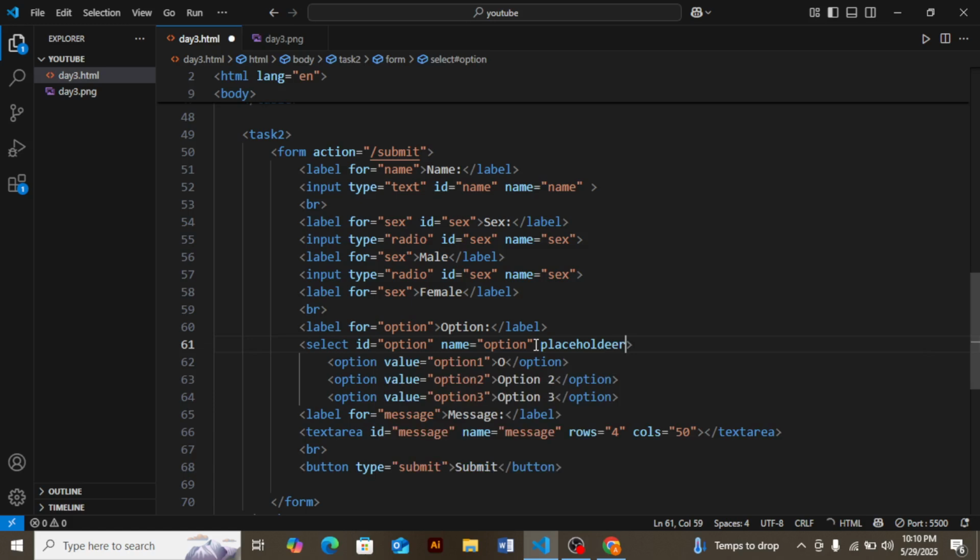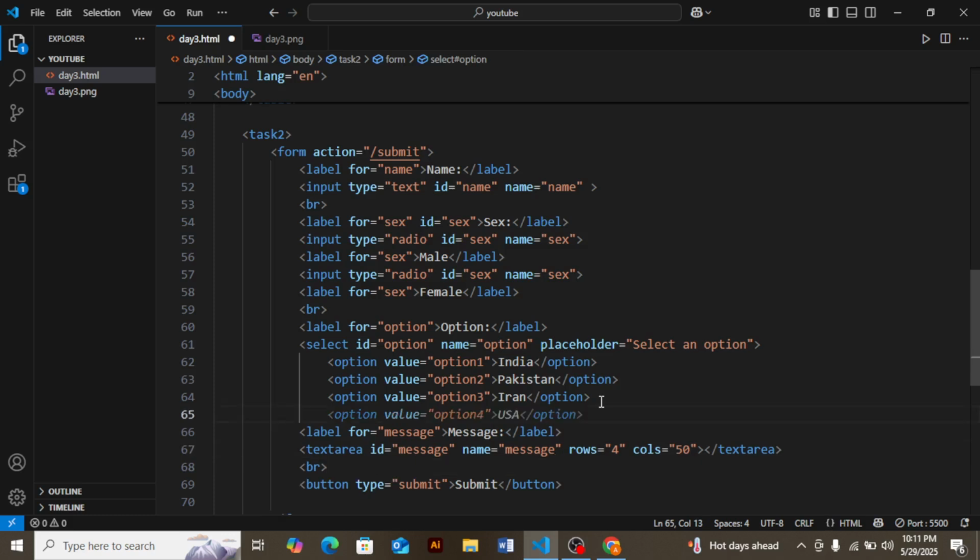Now the options: India, Pakistan, and the last is Iran, whatever you want. Our select tag is missing, I think, so we put it in. So this is all for the option.